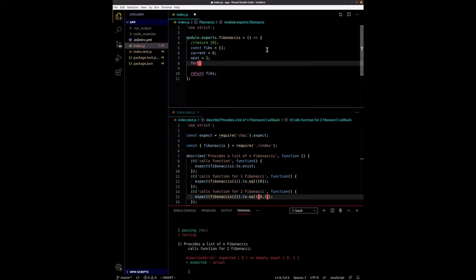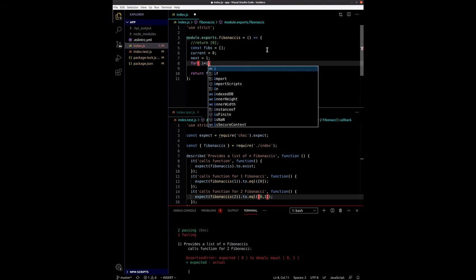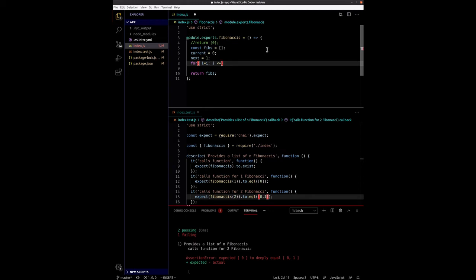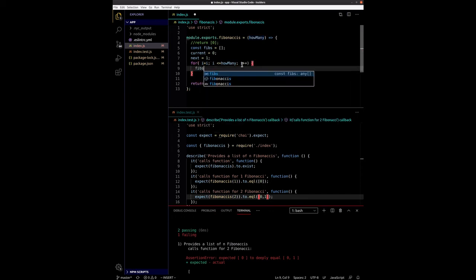Alright, so now we're going to have a loop, so we're going to have a for loop. We're going to use I, go from 1 up to however many, so let's call it how many, and that's what we're going to actually pass in. We're going to name that parameter how many. So until we get to the number we want, we're going to increment I. And within here, we're going to add to the Fibonacci's array, so we'll push this value current onto it,